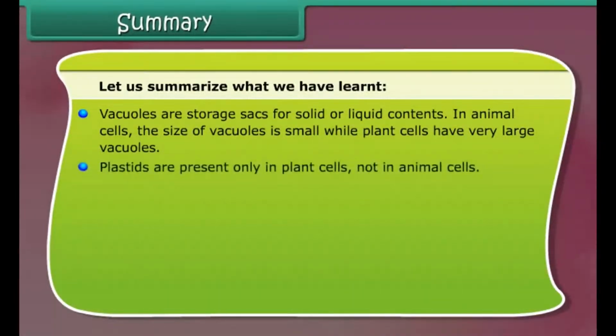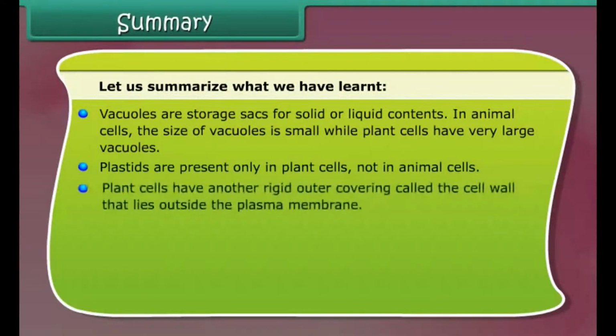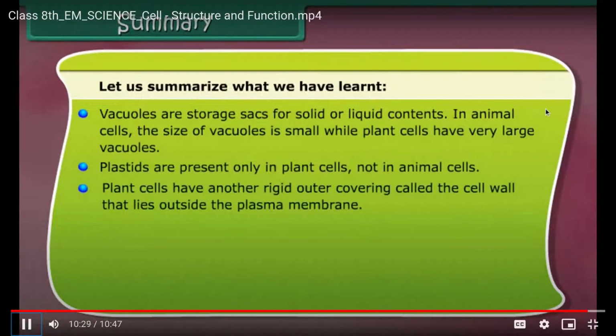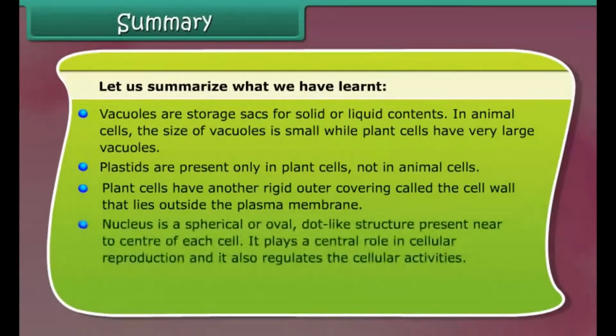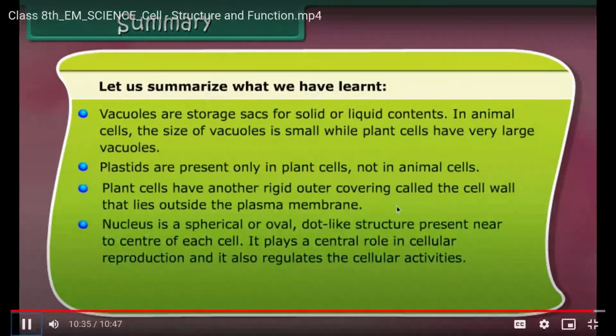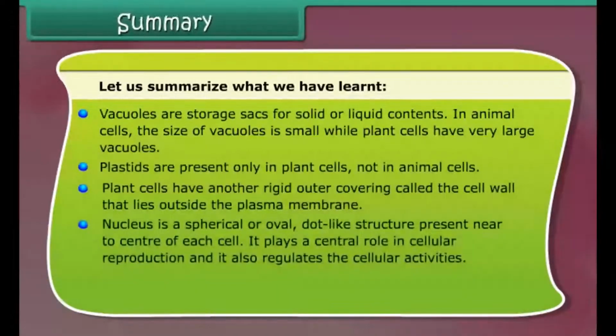Plastids are present only in plant cells, not in animal cells. Plant cells have another rigid outer covering called the cell wall that lies outside the plasma membrane. The plant cell wall is mainly composed of cellulose and provides strength to the cell. Nucleus is a spherical or oval, dot-like structure present near to the center of each cell. It plays a central role in cellular reproduction, and it also